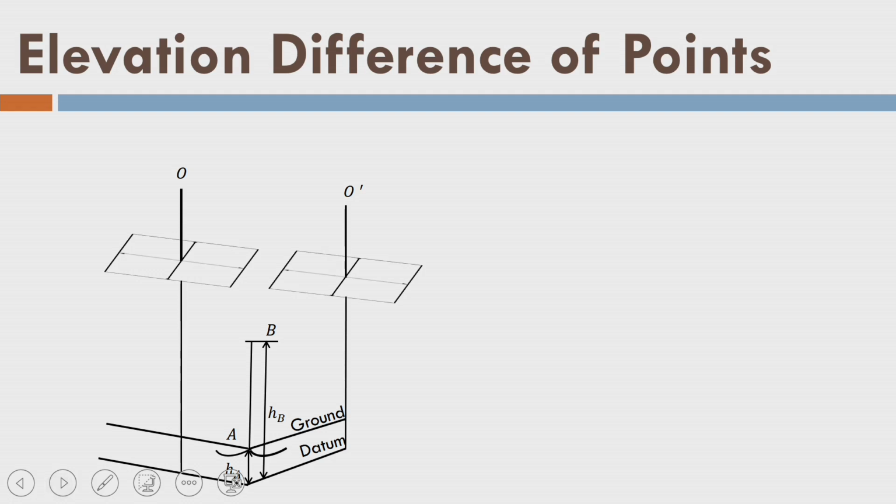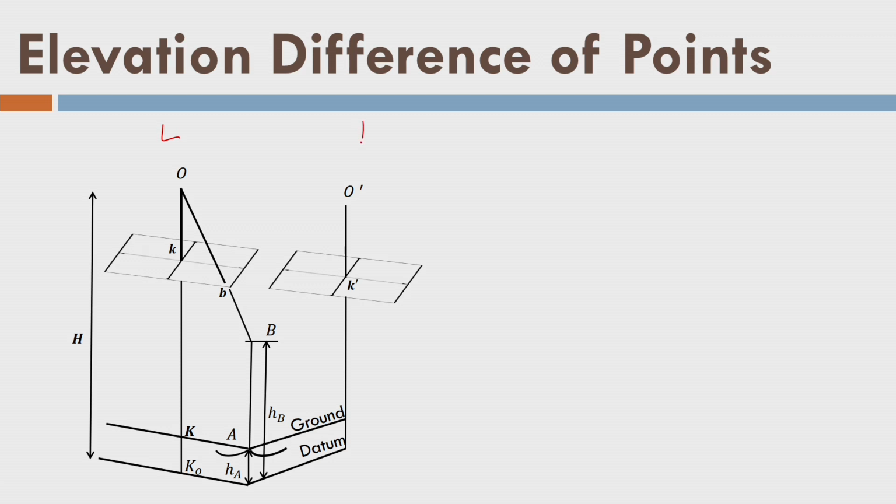This is the vertical line, principal point K, principal point K dash. Now this is my flying height H. So there is a point K. Now try to acquire point B. So I have the image of point B like that in the left photograph; call it left and call the other right.